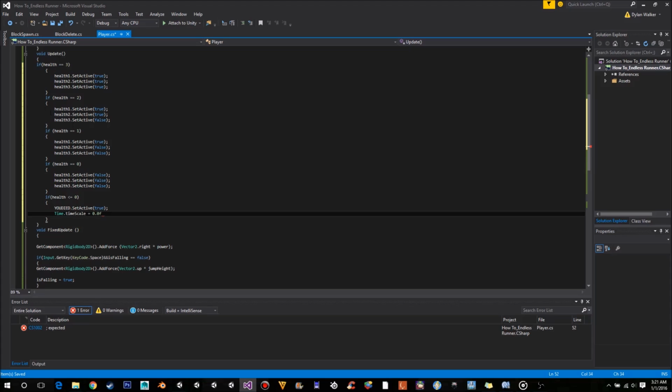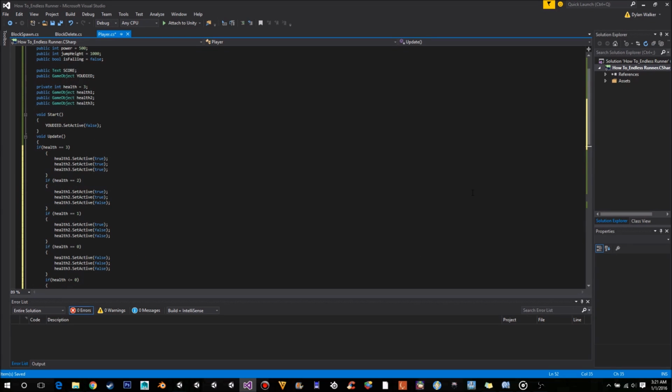At the default, time is set to 1. 0.5 would be half of the default time, so 0 is completely still. So we just want to stop the game when you die. And that should be everything we need in there. One second. Yeah, cool. So now that we have all of that, that's all good,